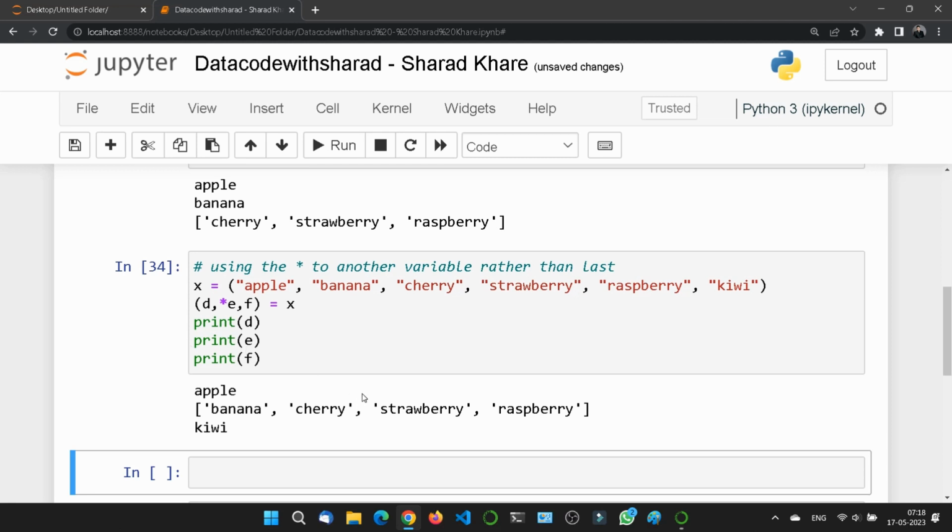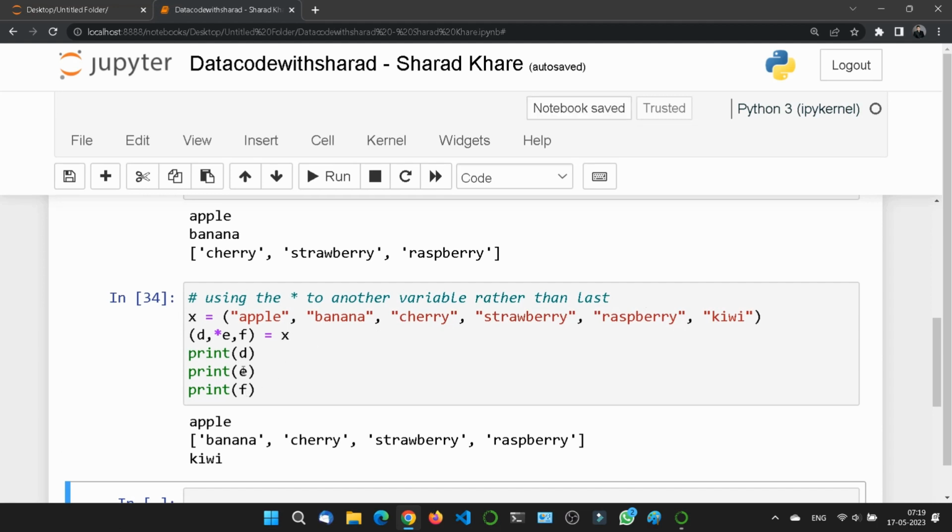A pretty simple concept, right? So if the asterisk is added to another variable, then Python will assign values to the variables until the number of values left matches the number of variables left. F is left and kiwi is left, so kiwi is assigned to F, and the rest of the values are in E.